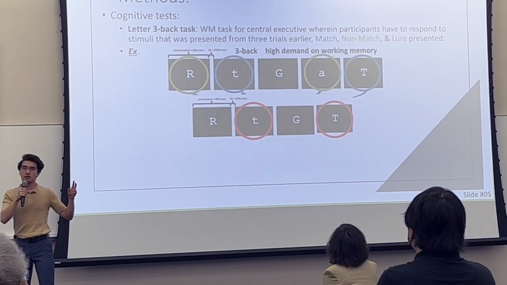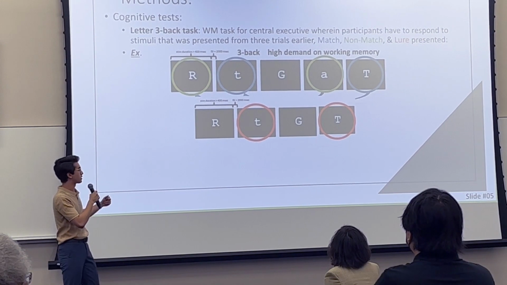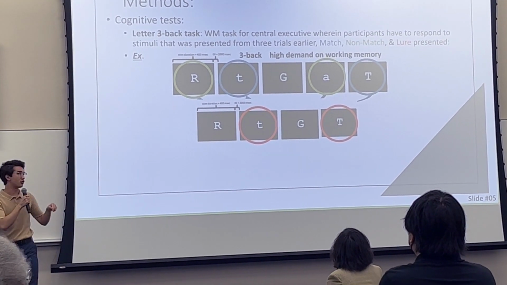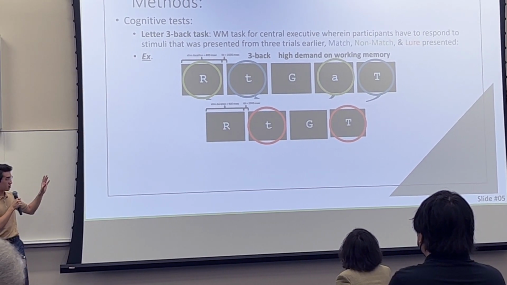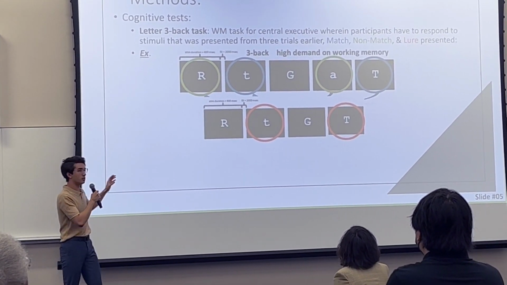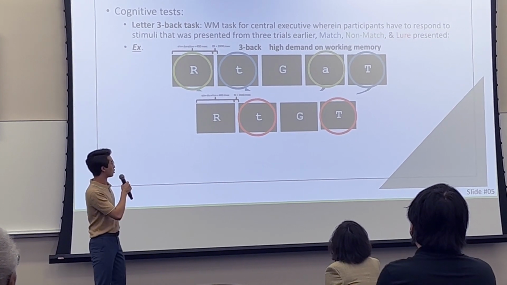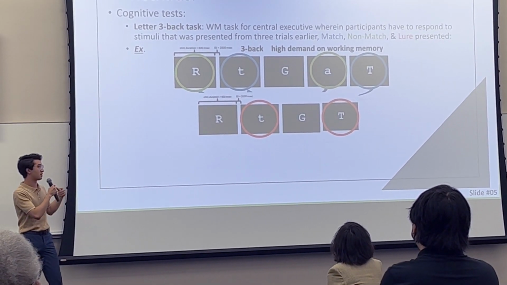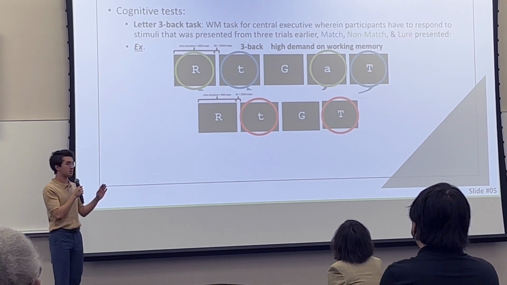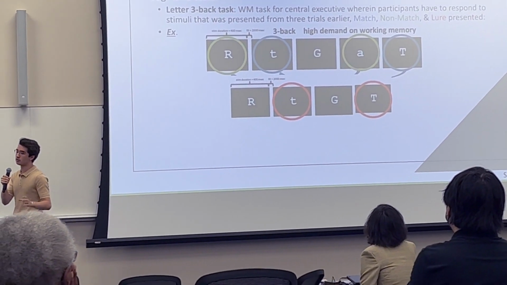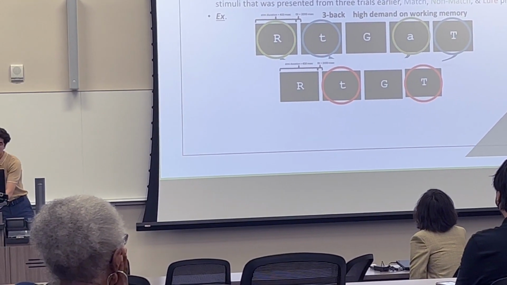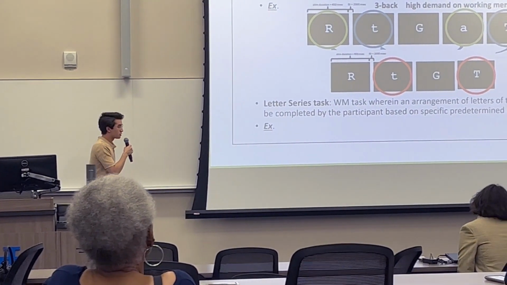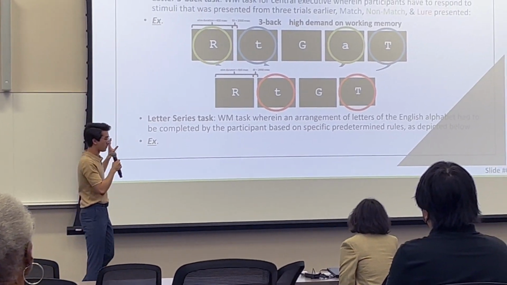But that's the thing. The test itself is trying to trick the participant into saying, yes, that is a match, a trial sooner than they should. Right? And we're particularly interested in how participants respond to the lure trial because it's trying to trick them into thinking, oh yes, this is a match, and it places a particularly high demand on the central executive. Okay, and remember, all this is associated with AIM-1. Now the letter series task, which is more associated with AIM-2,